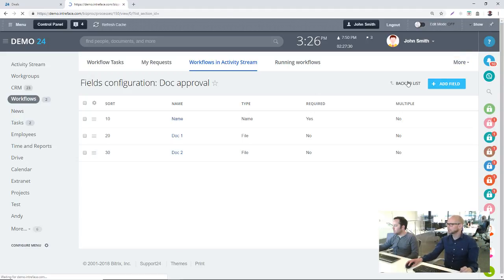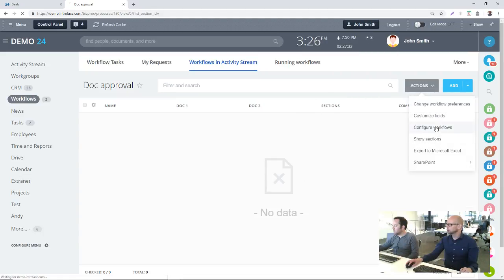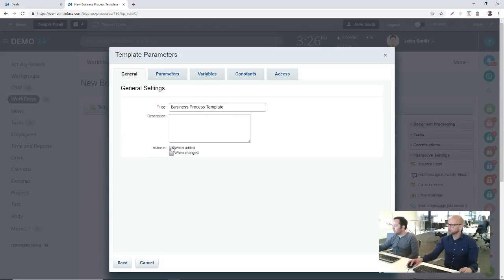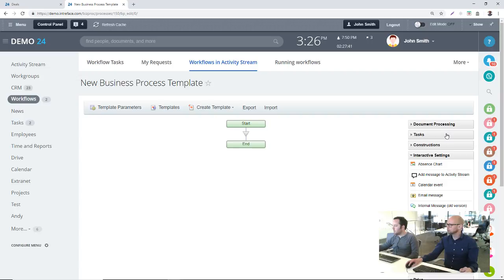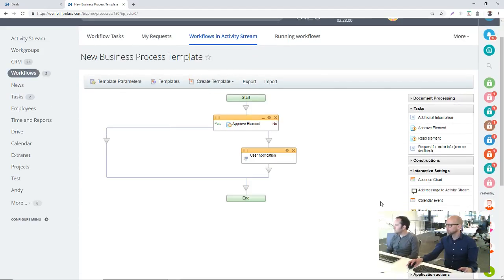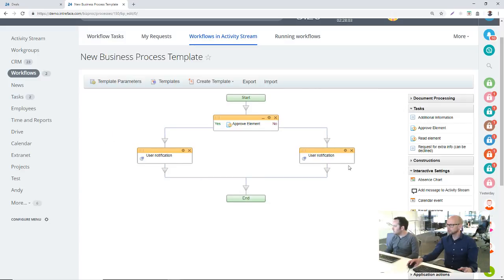We could go back and then configure the workflow. In this workflow, we could run an approval process. Approval element. So you could run an approval process on those uploaded documents, and you could have a notification for whether it's approved or not approved. This would present you with a form asking you to upload the documents. I'll probably not complete all of this, and then